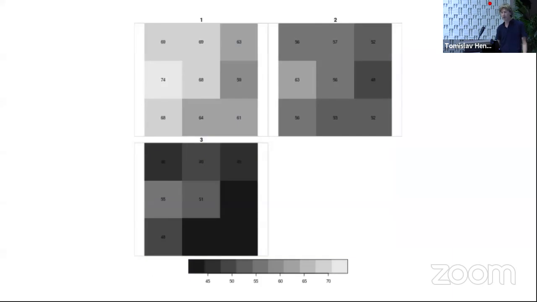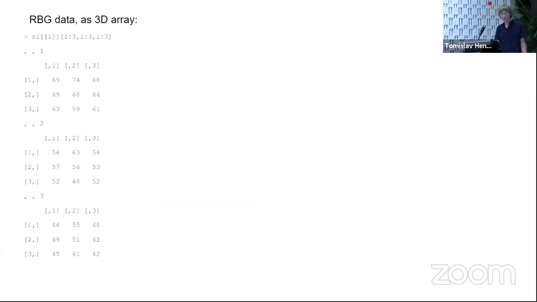And if we would look at each of the layers, then we see that. And this is again a 3-way table, right? So we have 3 2-way tables of 3x3. So it's a 3x3x3 table of data that you can organize like this, and that you can also organize like this, which is the array form that R has. So the internal data structure where you have the dimensions in place,